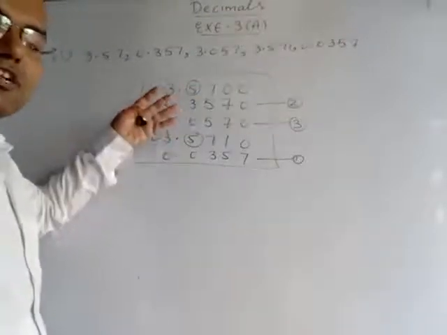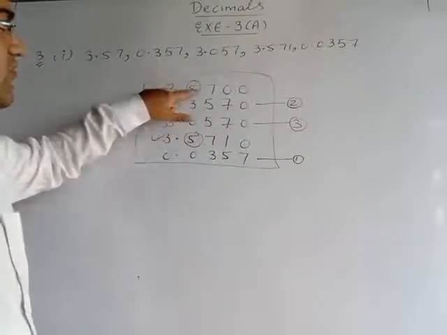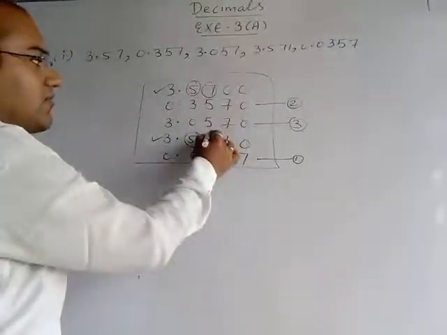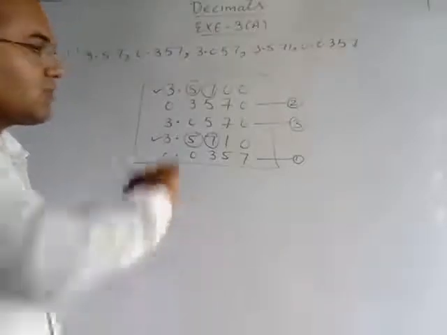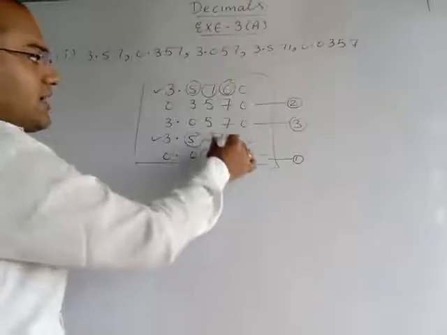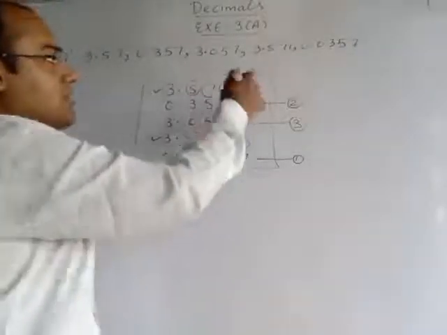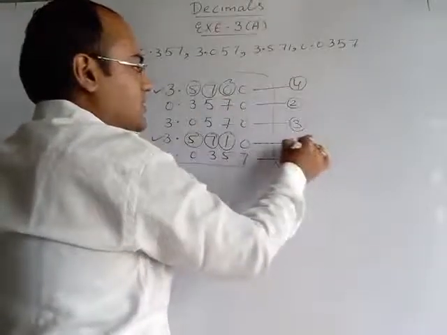So what we will do in such a case? We will move to the next digit. What is the next digit? After 5 here it is 7. In the next number after 5 it is 7. Again these two are the same. So what we will do? We will move to the next digit further. Now the next digit is 0 and here the next digit is 1. Now which one is smaller among these two? This one is smaller. So this is the 4th number and this is the 5th number.